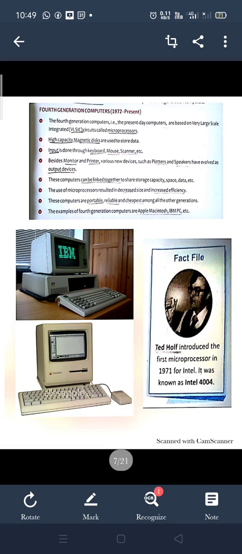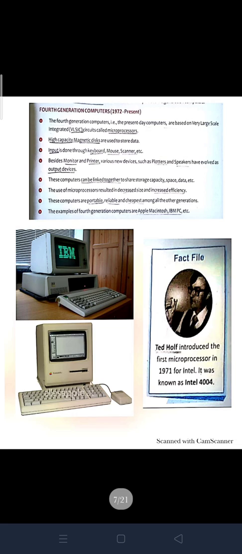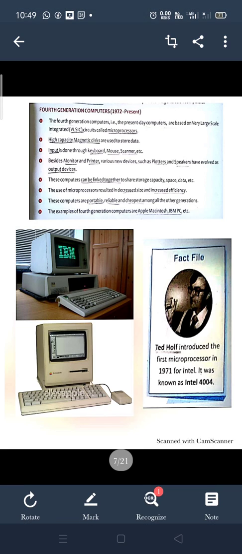Now moving ahead, children, to the fourth generation computers. The time period is 1972 onwards to the present. In the first video I talked about how in 1971 the IBM PC was launched, which revolutionized the world and made a change in computers. These were very small in size, and were now available to the public also, not only to the experts or business people. They can afford to buy it. They have become affordable because they were small in size. They are portable, which means they can be taken from one place to another. They were cheap and affordable.